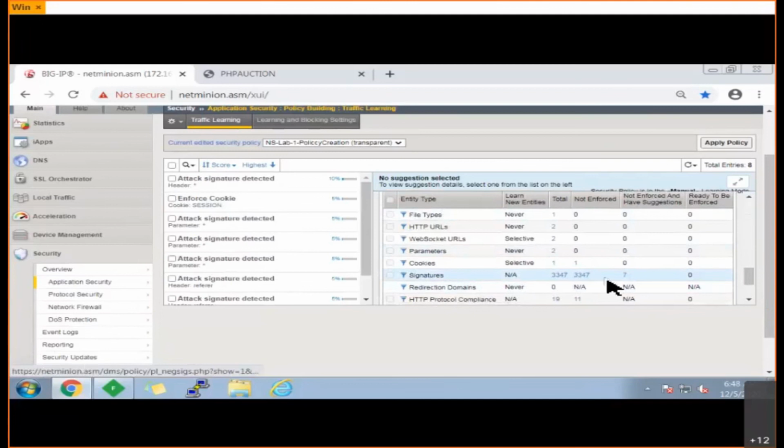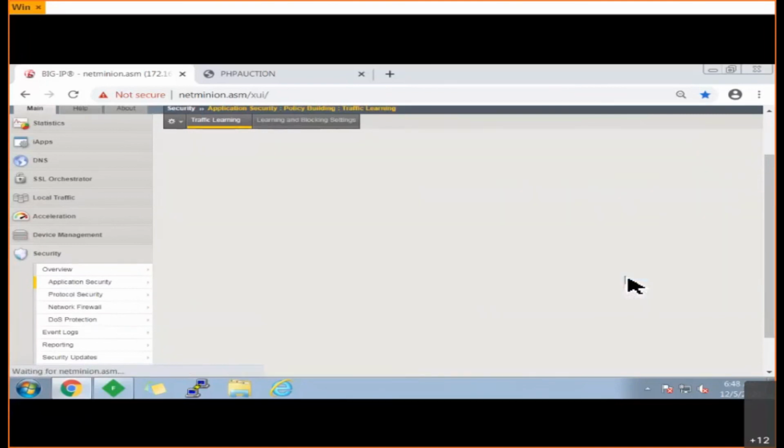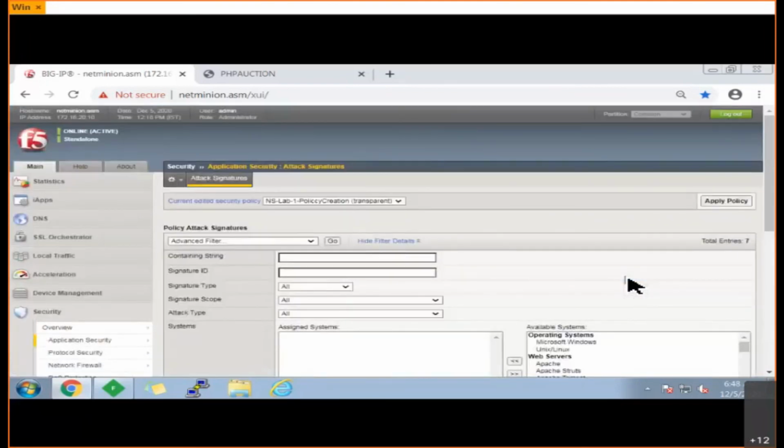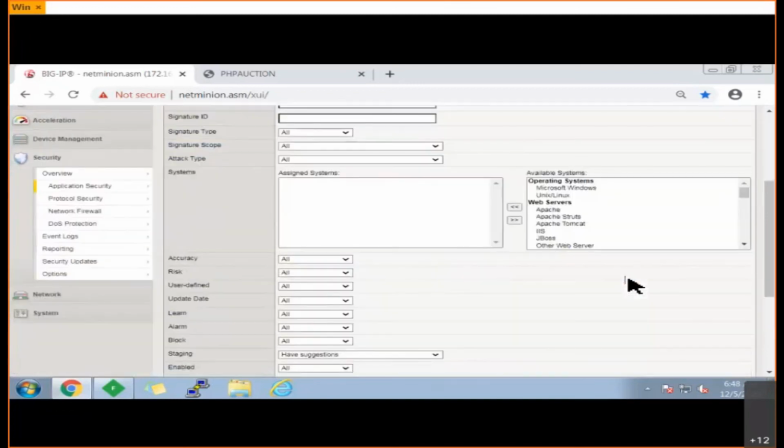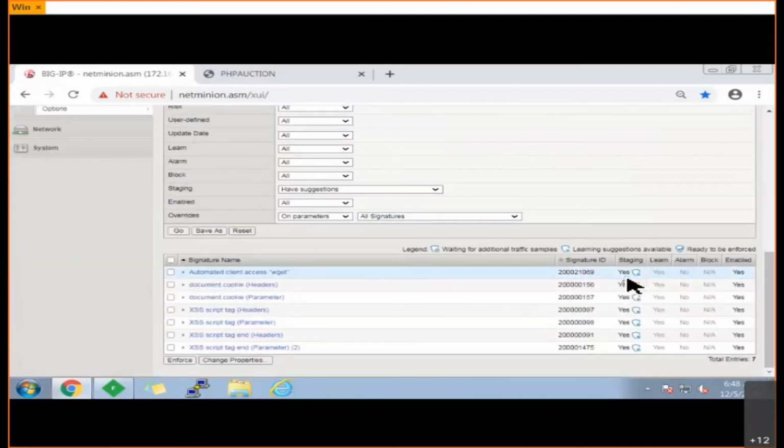None of them are enforced, and these signatures have suggestions. Let me click on the suggestions one and scroll down. Are you able to see there are a couple of things it is showing, like document cookie, which we checked earlier, document cookie parameter, headers and accesses kind of stuff. Let me click on this wget specifically, which I need to enforce.